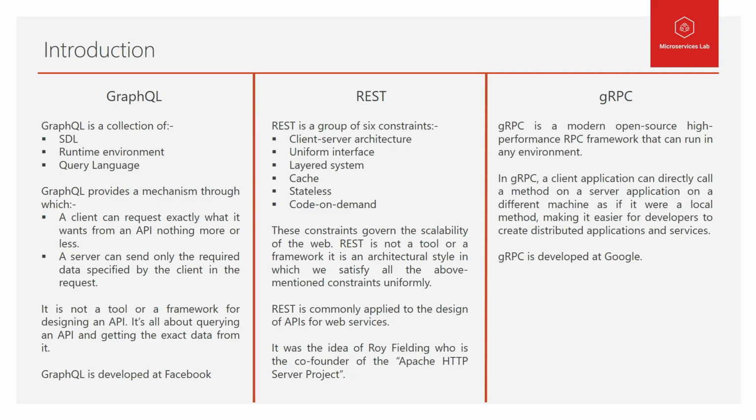In late 1993, there was a guy named Roy Fielding, who was the co-founder of the Apache HTTP server project. He was concerned with the web scalability problem. Upon analysis, he found that web scalability depends upon a set of key constraints which are described here. So he and others set out to do an operation in which they used a pragmatic approach. That approach was to uniformly satisfy all the constraints so that web could grow or expand continuously without any problem.